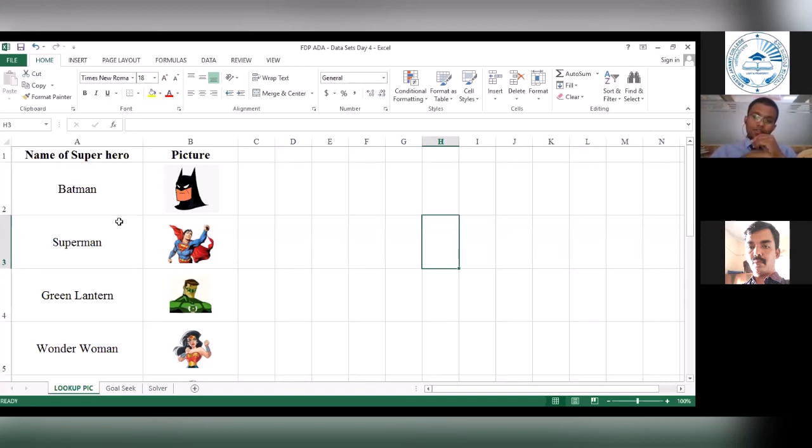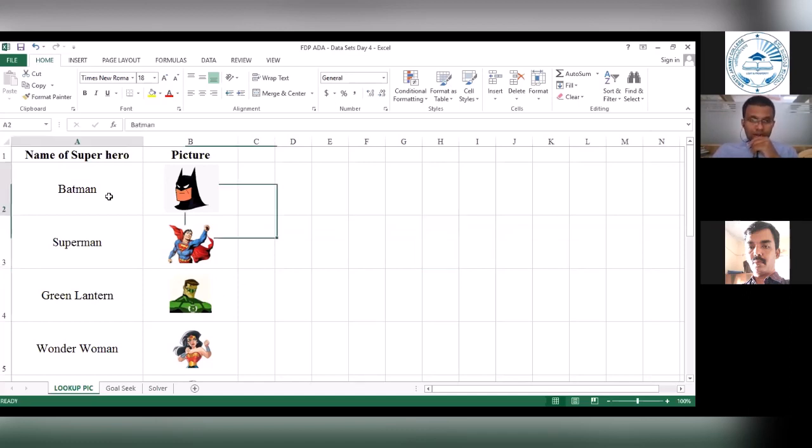We used a combination of VLOOKUP and lookup of the picture, and that is how we managed to generate the ID cards for that organization. My point was, I'm just giving you some scenarios where you could apply some of these functionalities that we are learning as a part of today's session.